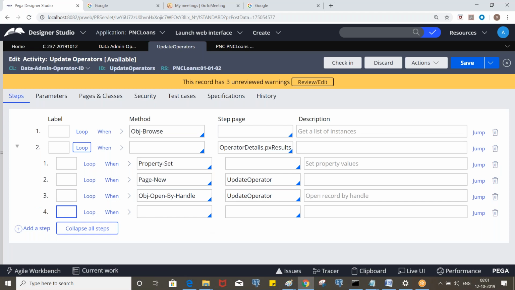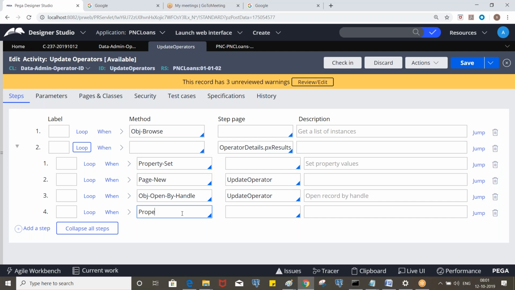So now, what are we updating? We are updating the position of the operator. Okay, so how can we do that? Which method do we need to use, Karthik? I want to update the position of the operator, the first operator, let's say. Since it is in a loop, it will go through all the operators and update the same value. Okay. So if you want to update something, what method do you use?